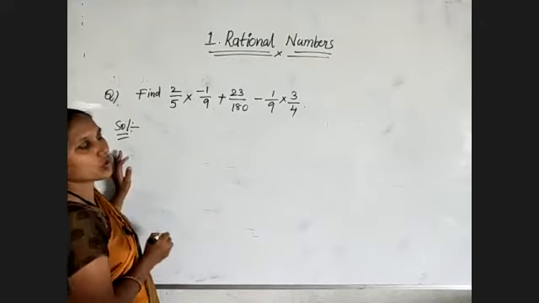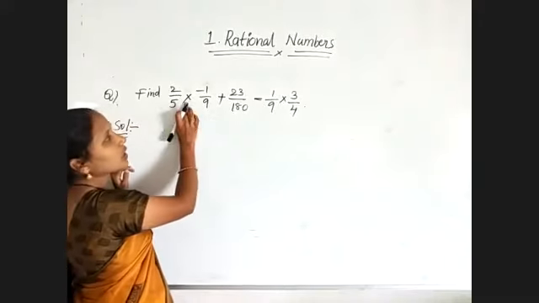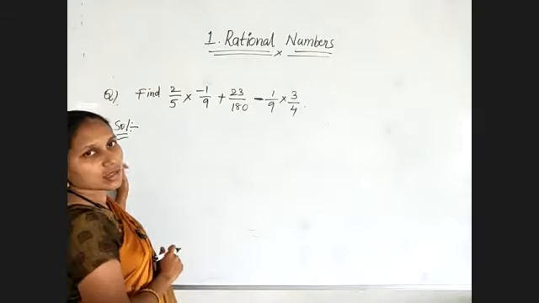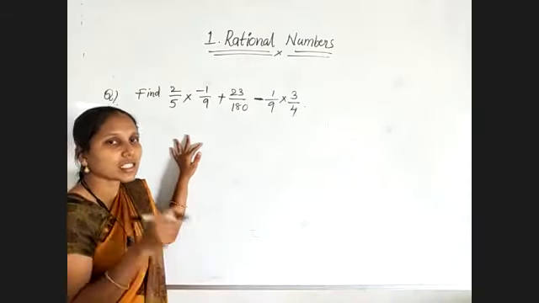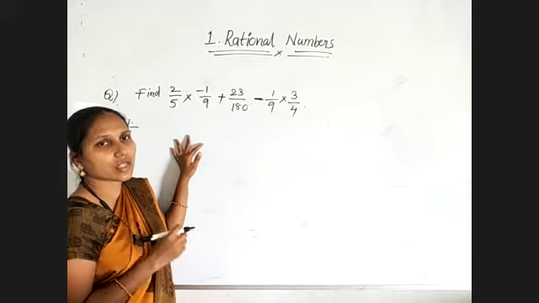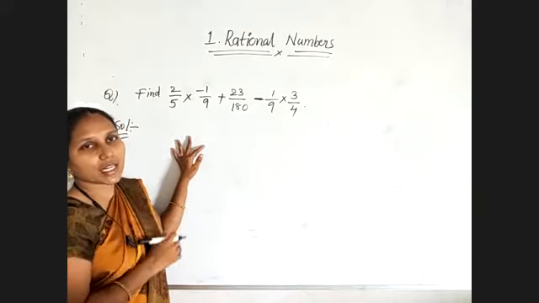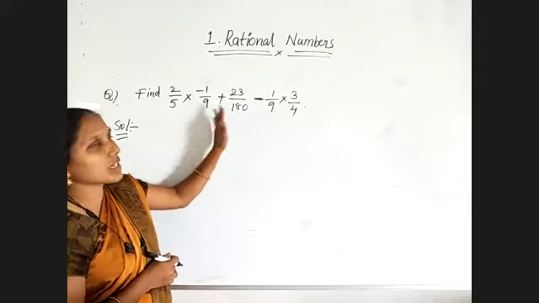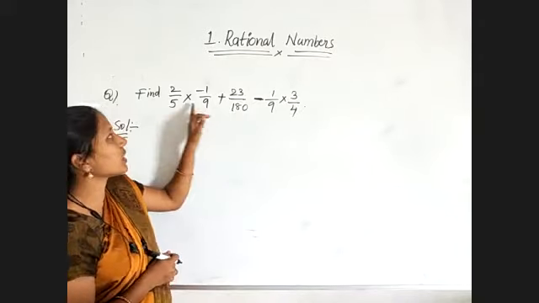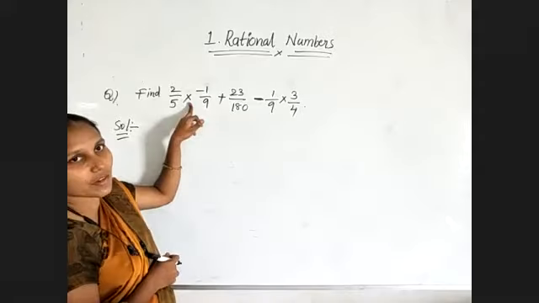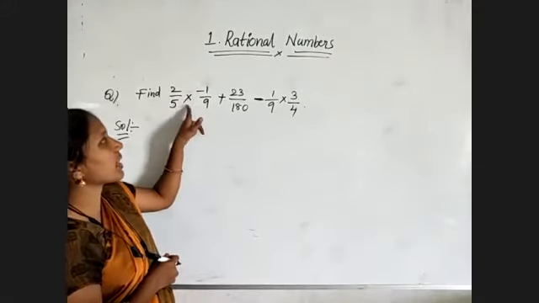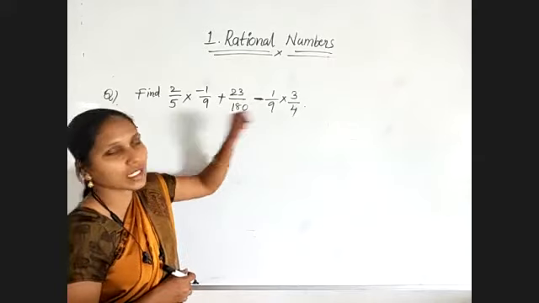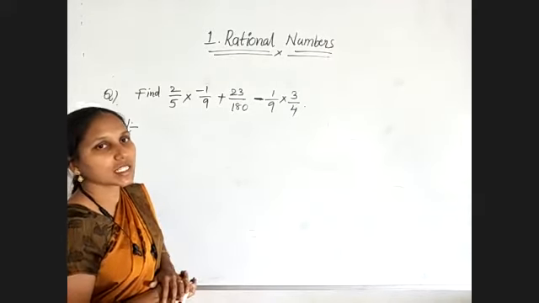First, rearrange the numbers. See, here multiplication is there, plus is there, and minus also we have. The multiplication with plus property is related to the distributive property only. In commutative and associative, we have only addition or only multiplication. But when combined operations are given, that is the distributive property. Observe which operations are given: between these two numbers, multiplication is there, after that plus, after that minus, again multiplication. So it comes under the distributive property.